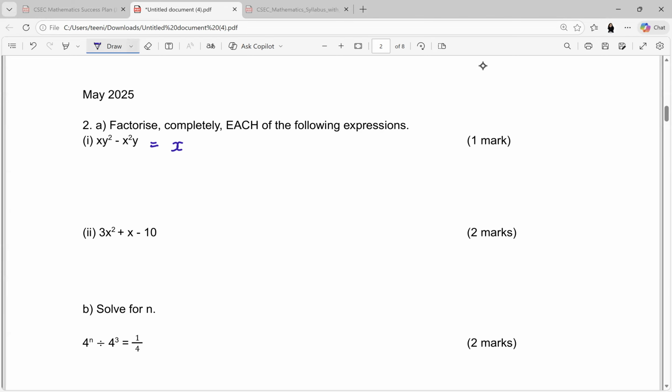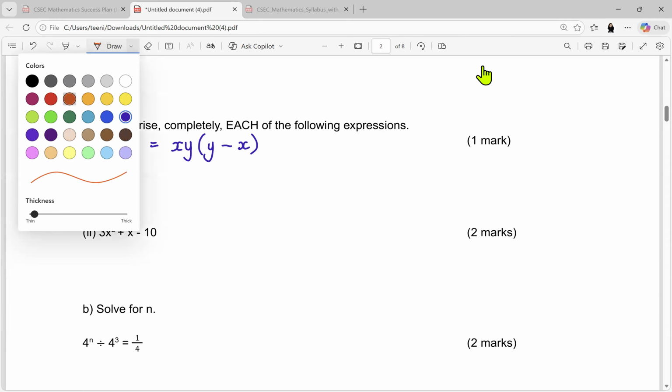So the highest common factor there will be y. Therefore, the highest common factor of xy squared and x squared y will just be xy. So you say xy can go into xy squared y times, and then xy can go into x squared y